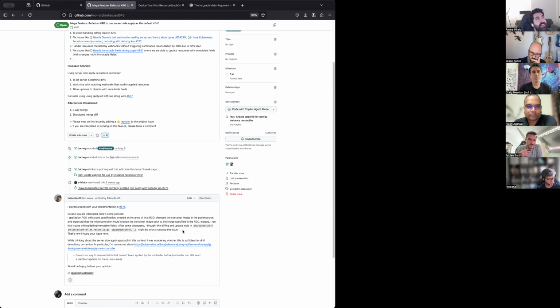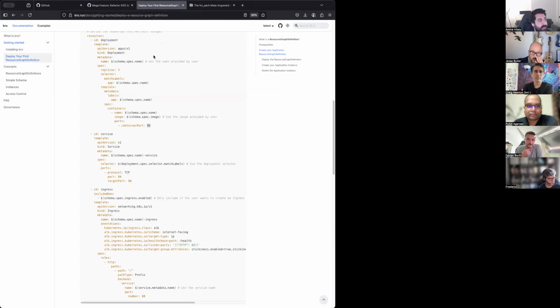So yes. Crow today, for example, does not modify fields that it doesn't own. And with server-side apply, that should be the case as well. For example, here you define the name, image, port, and container port. Those are the only fields Crow will touch. If something else changes, Crow doesn't consider that as a delta.